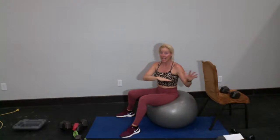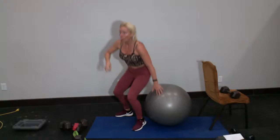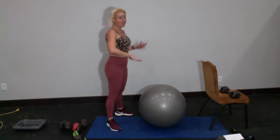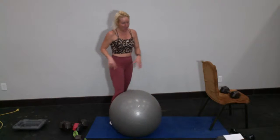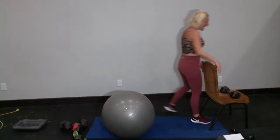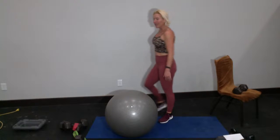Hopefully, during that set, you made a few adjustments and found a position that was working for you, because this is such a good move for your core. Don't worry, or maybe worry. We're gonna do one more set in a little bit, so it'll give you a second chance to feel that out, okay? All right, final set in the plank position on the ball,